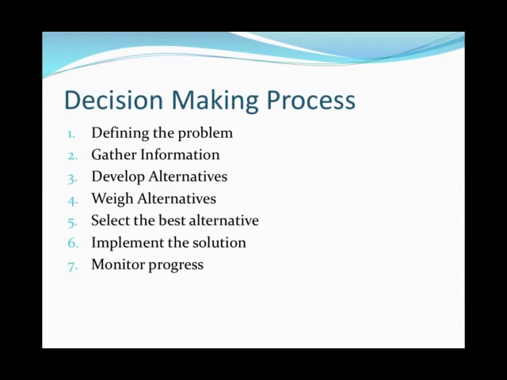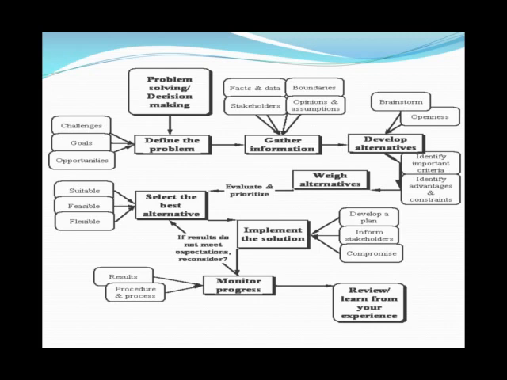So this is the decision making process. We define the problem, we gather the information, we develop all the alternatives, and we weigh the alternatives; we compare them, which one is better, which one is worse. We select the best one, we choose it, and we implement the solution, and then we monitor the progress. So we're going to talk about each one of those. This is a big chart, but the main idea is